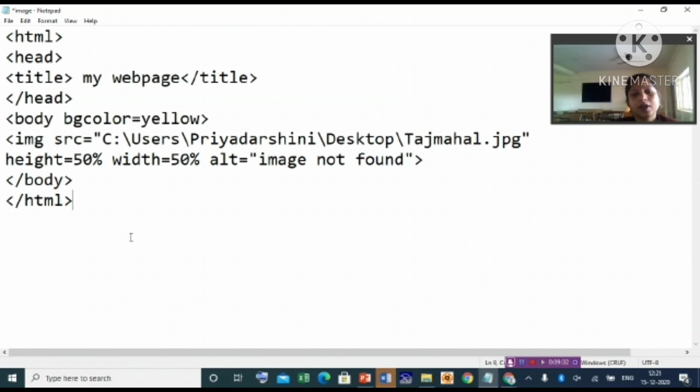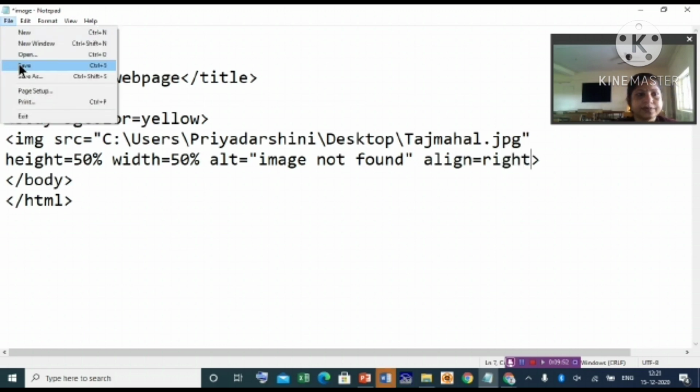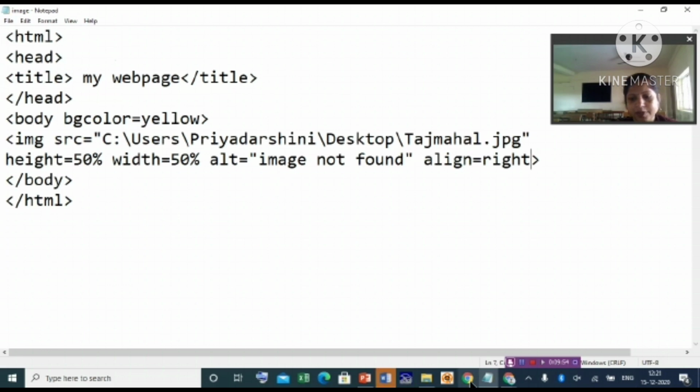And if you want, you can move the image to the right side, to the left side, to the top and to the bottom of the web page. Suppose I am writing here align is equal to right. Save it. Open your web page.